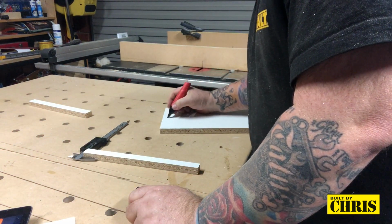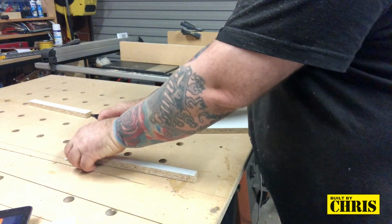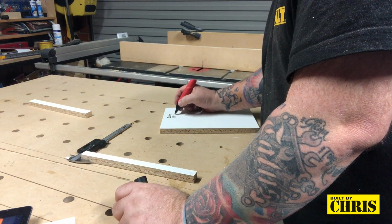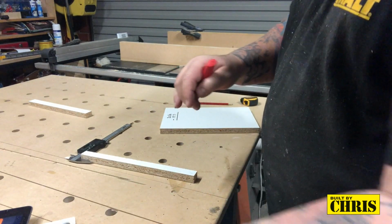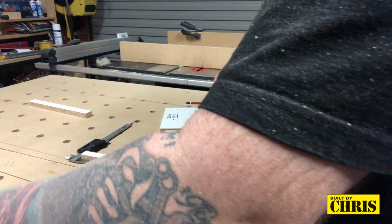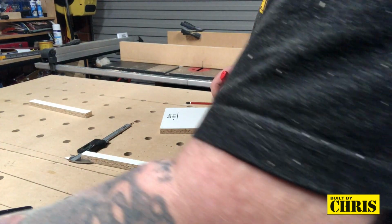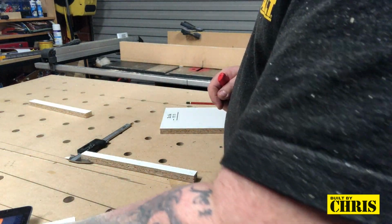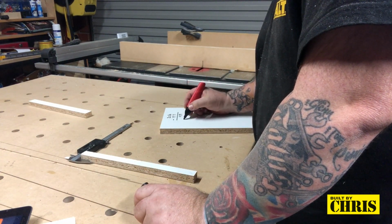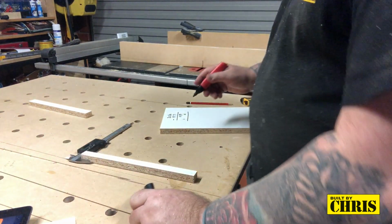Okay, so we've got 20.30 on one side. We've got 19.71. So let's do the calculation on that. So 20.3 minus 19.71. That gives us 0.59, so 0.59, divide that by 4, divide that by 4, gives me